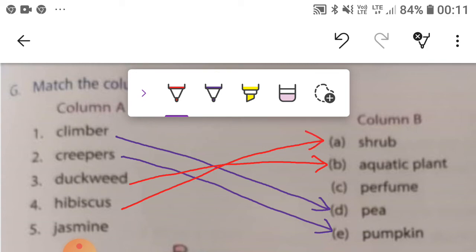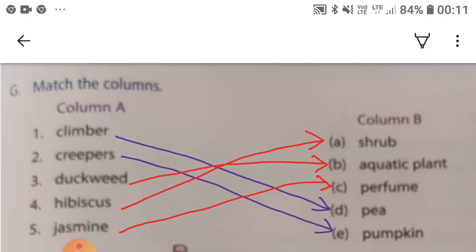Next, jasmine, we can match jasmine to perfume because jasmine is a flower and we can make perfume from jasmine flower. Is that clear?